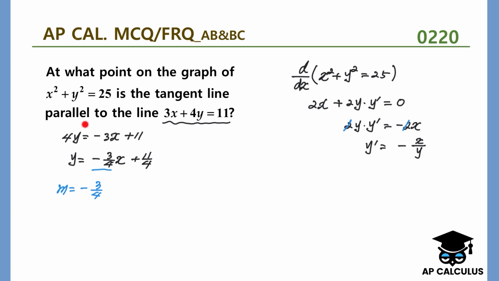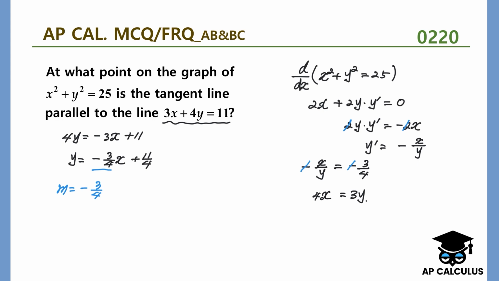They're parallel, so this must be equal to this, right? So we're going to set negative x over y equal to negative 3 over 4. Eliminate the negatives, and with cross multiplication, 4x is equal to 3y. Now we're going to use these two equations to find the point where the tangent line is parallel to this